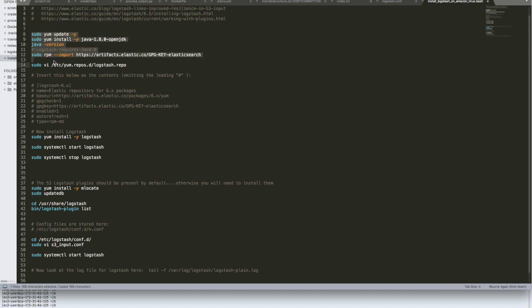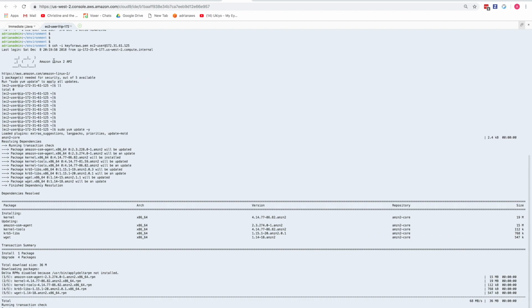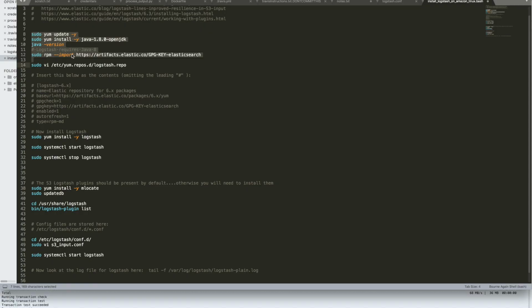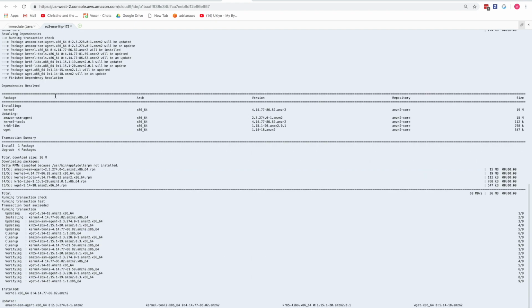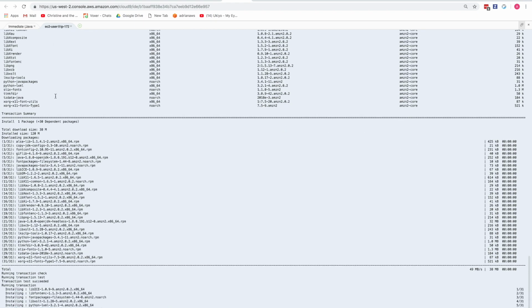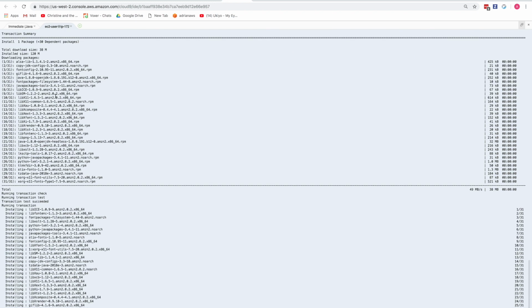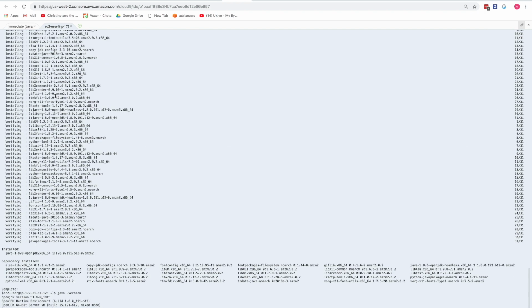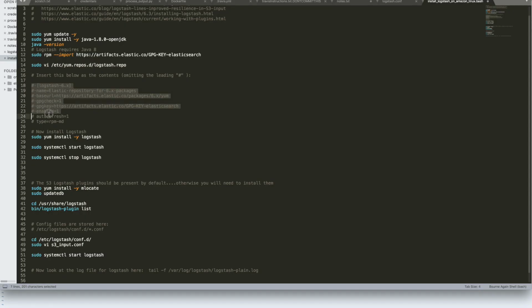So I'll copy this. So it's going to take a little bit of time, but it'll update the server and then install Java, check the Java version, display it, install the key that we need, and then I will open this file and paste in the contents here. This shouldn't take too long. Okay, that's great. So now I'm going to open this file, and here's the contents we need. So I'll uncomment it, paste that in,